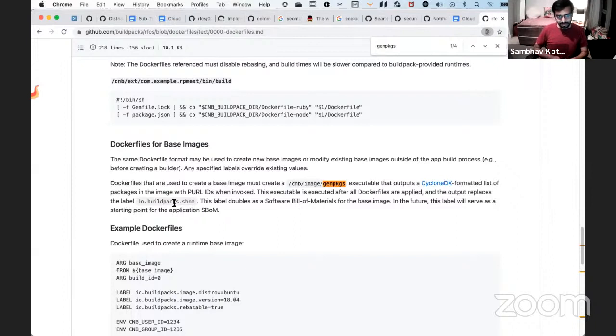So the point is we don't want to restrict users from the kind of base images they want to generate, right? That's the point of this RFC. And then we just need to make sure whatever we do to introduce this gen packages variable or executable allows users to still dynamically modify their run image while still being able to use gen packages with it and it not ending up in the final app image. Does that make sense? Yes, it makes sense, but